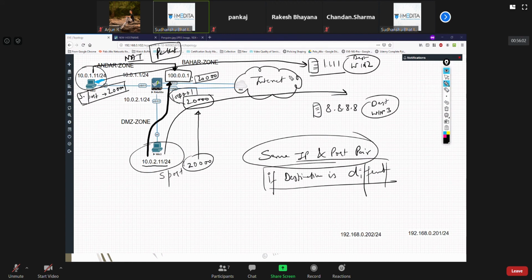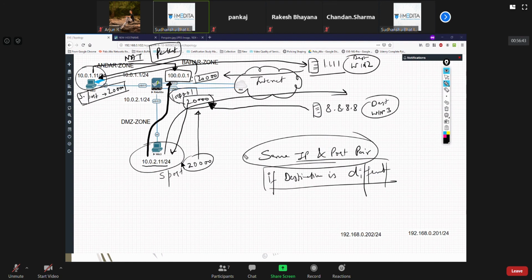When the reply comes, since in the table it is also keeping track of where it is going, when the reply comes back from source IP 1.1.1.1 for destination 100.0.0.1, it will know who is going to get this traffic. Whereas when the traffic comes sourced from 8.8.8.8 destined to 100.0.0.1:20,000, it's going to send it to Win3. Are you getting my point?